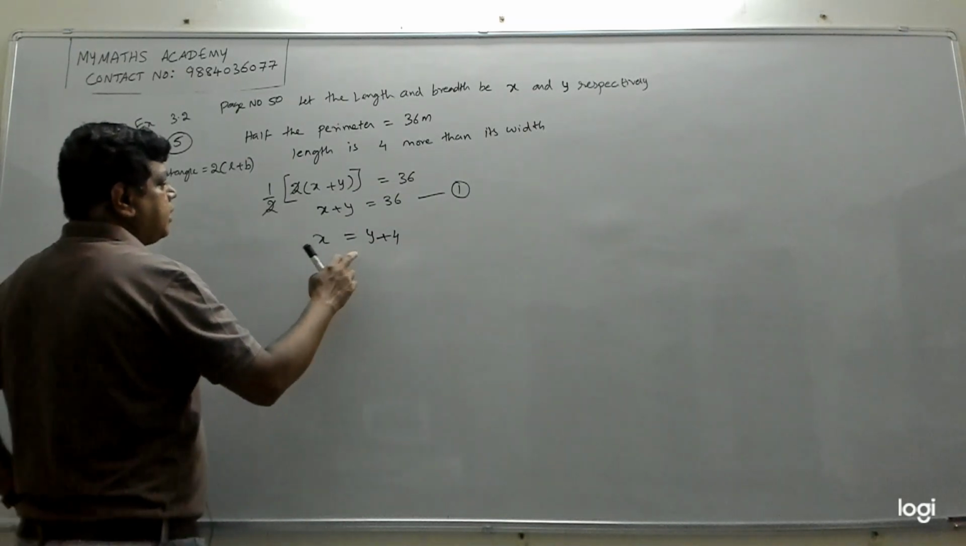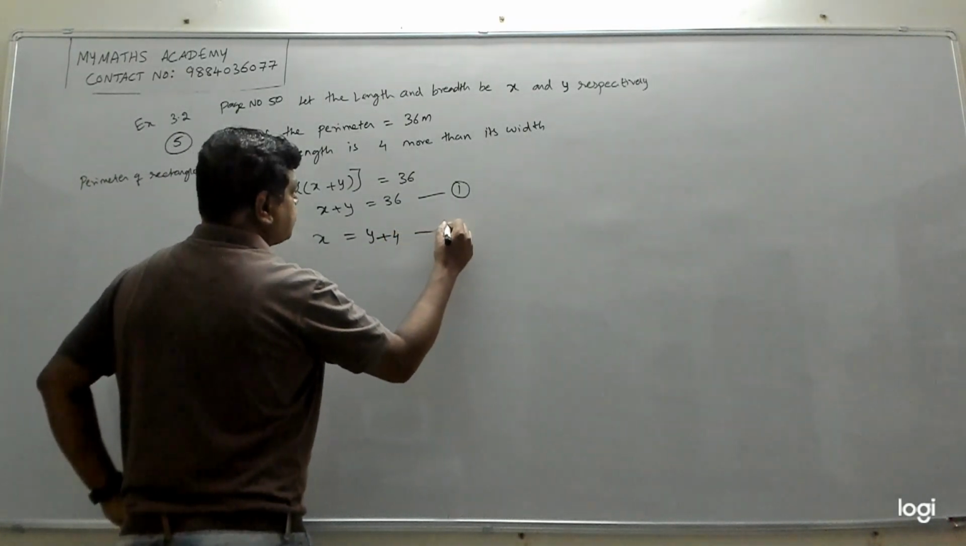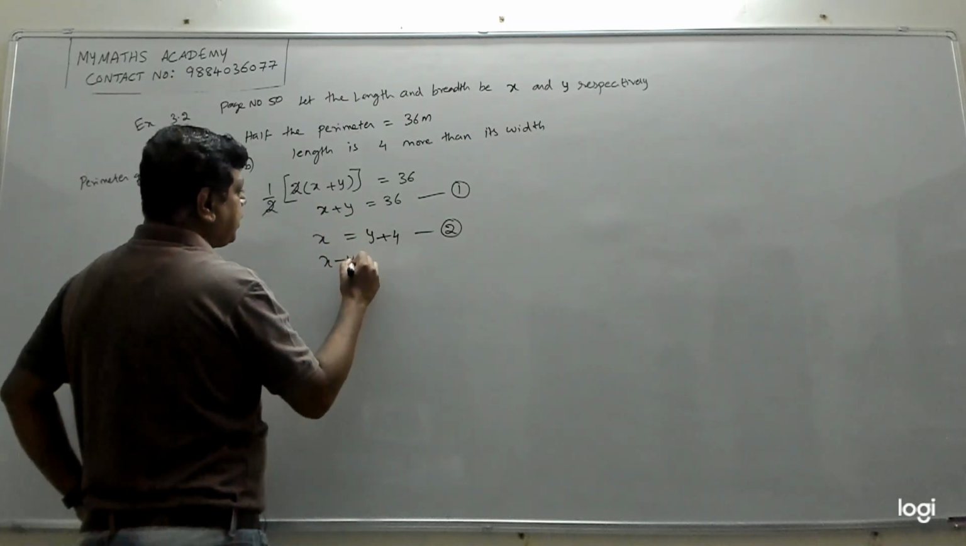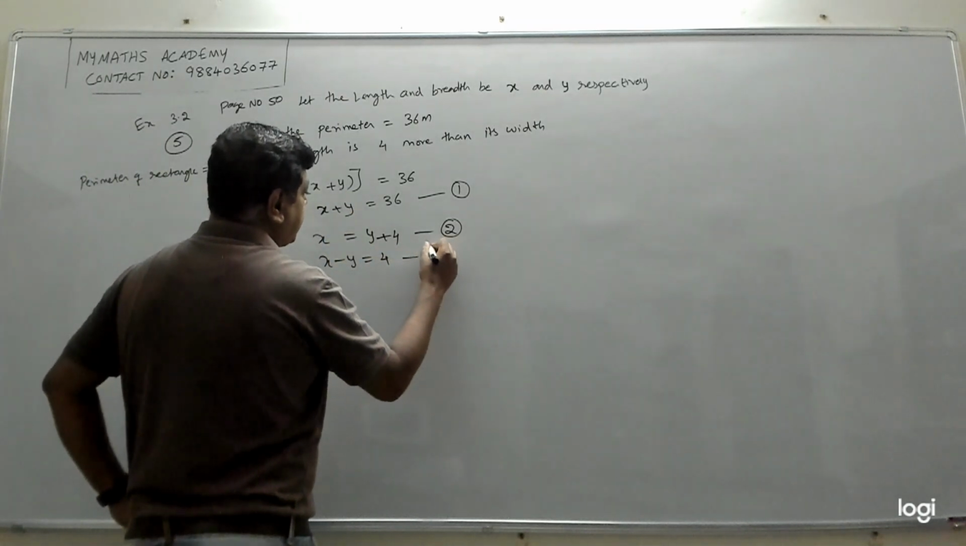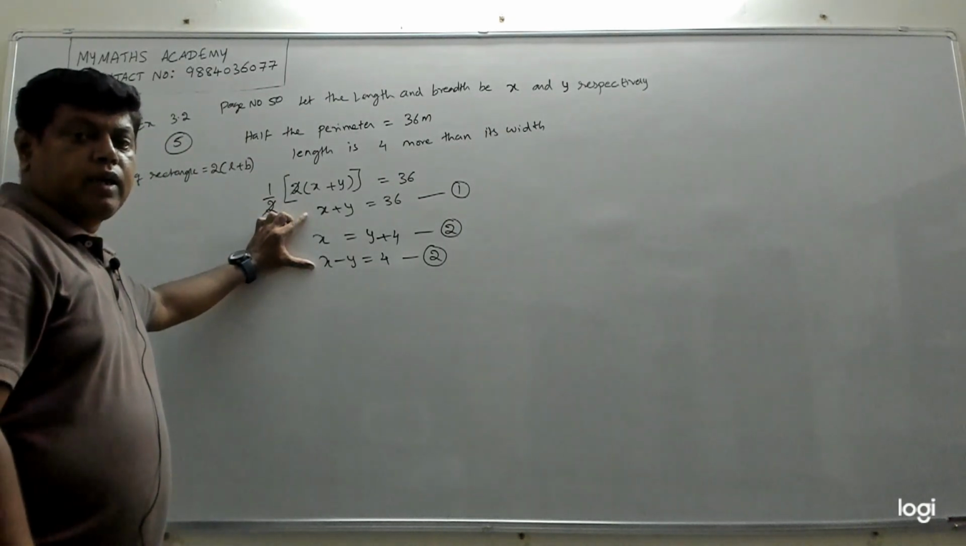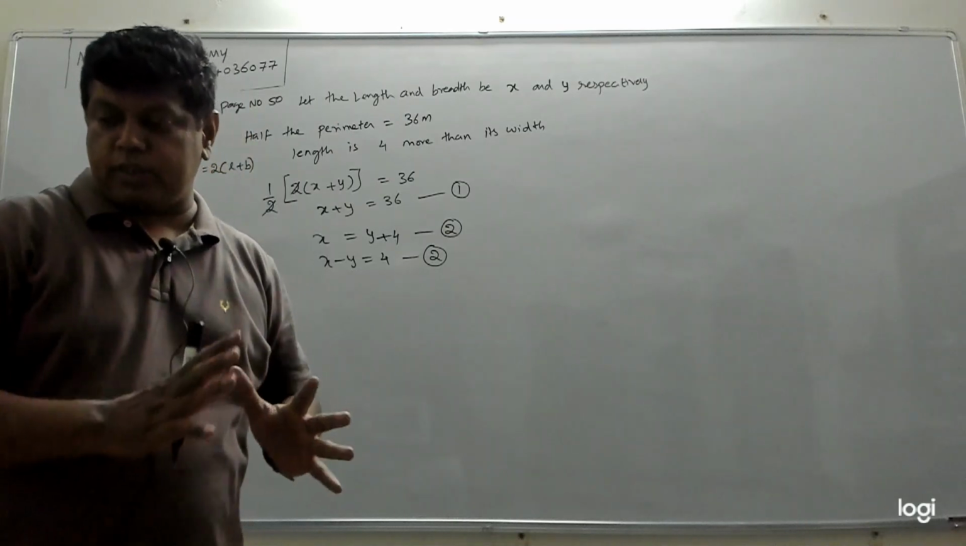Now this is the other equation. This is 2. Now if I simplify this, I'll bring this y here and put x minus y equal to 4. This is my second equation. Now we need to solve these two equations and find x and y, and we are in the section 3.2